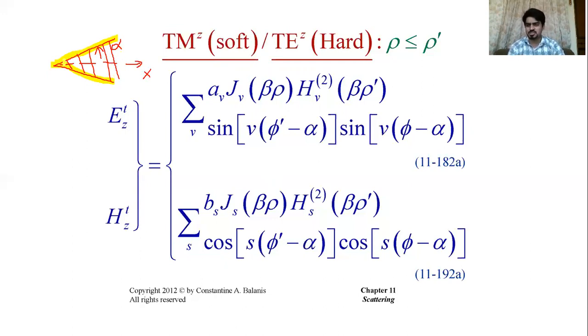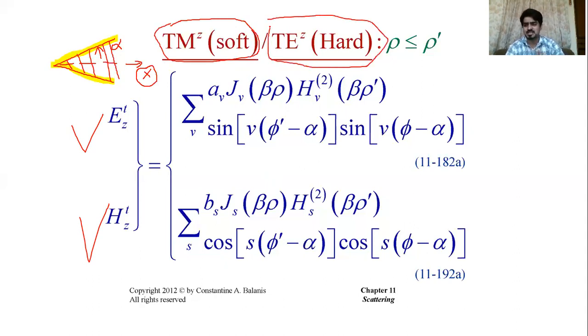In this particular geometry, the reference line we consider is your x-axis, and at the same time it is also the bisector of the wedge. So in this first case, I should rather say we use the bisector as the reference. When we consider the bisector as the reference, we derive these two expressions for Ez and Hz for two types of polarization, that is TM to z and TE to z.